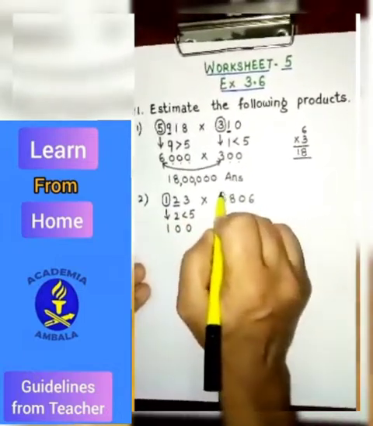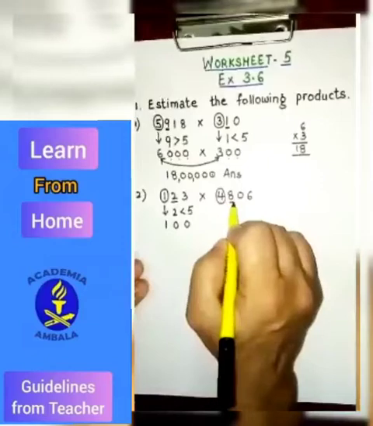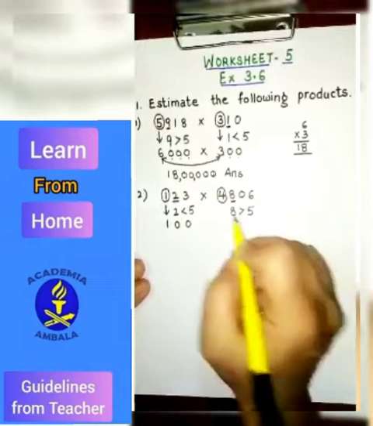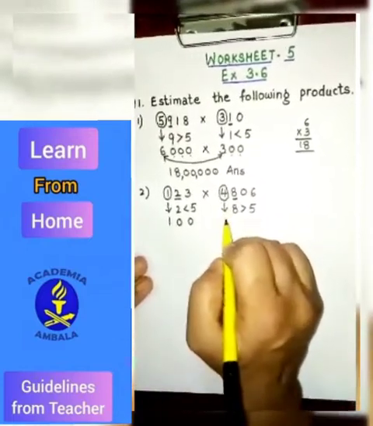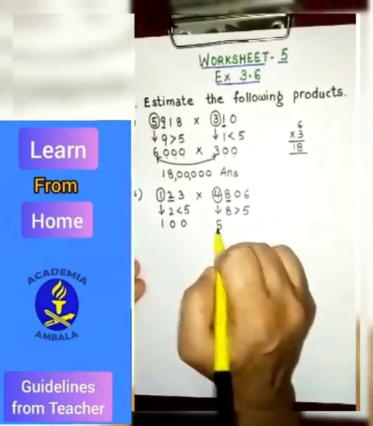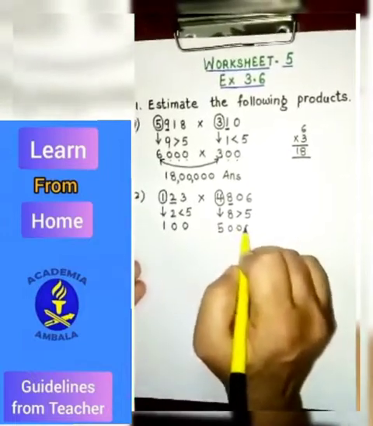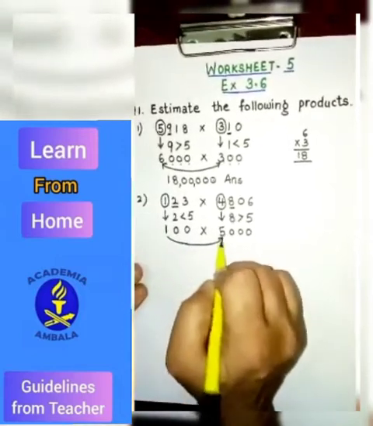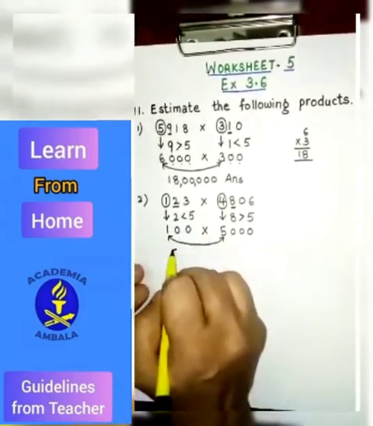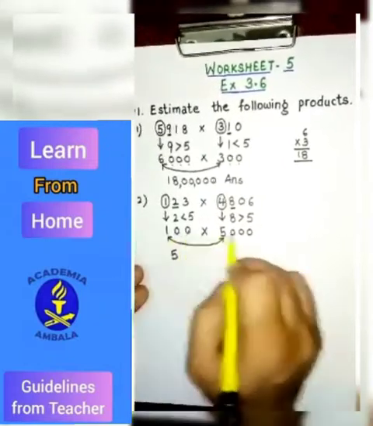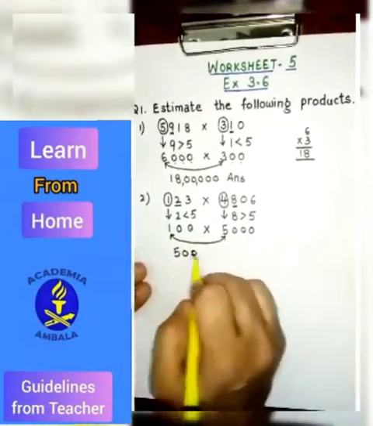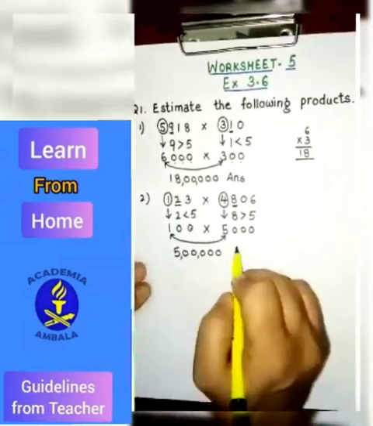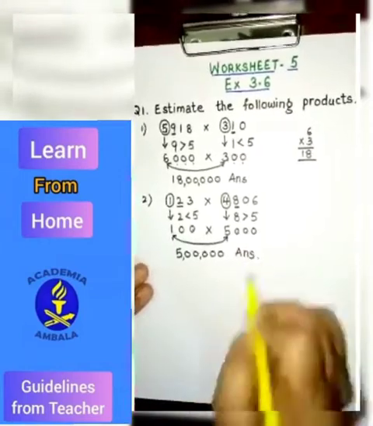Over here the first digit is 4 and the next digit is 8, and 8 is bigger than 5. So we are going to add 1 in the first digit. So this becomes 5 and 3 zeros after this. Now when we multiply, this is again very easy. 1 multiplied by 5, you can write down 5 here, and the zeros, there are 5 zeros here, they can be written, and then you can put commas. So the answer to it is 5 lakh.